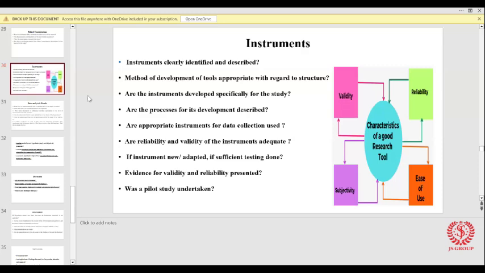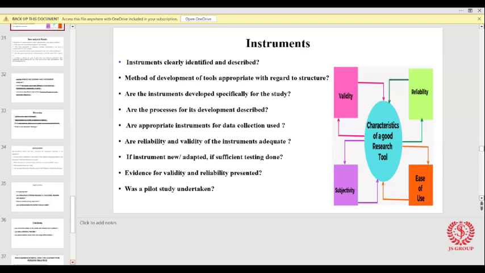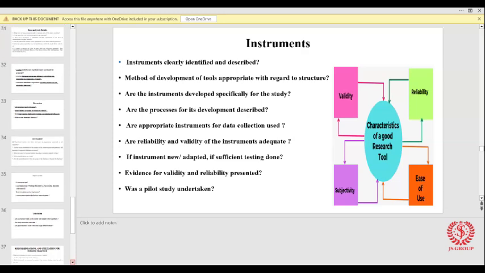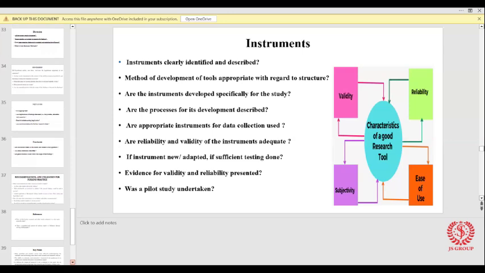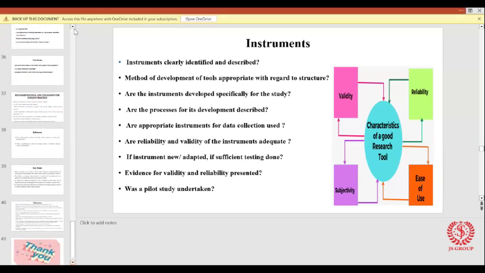Whatever the method, for checking knowledge, for example, we will use the questionnaire. For checking the attitude, what will we use? Rating scales only, or attitude scales only. An observational checklist we will use to check the attitude or skill. For checking the skill and attitude, an observational checklist we will use. Next one is